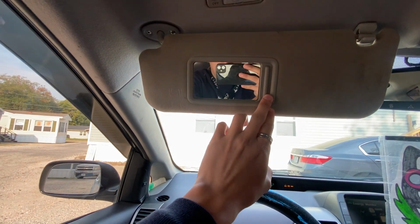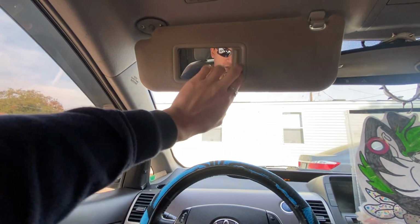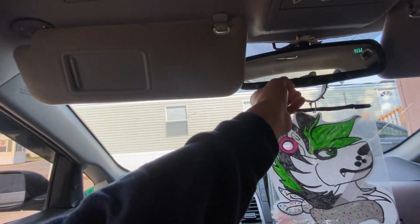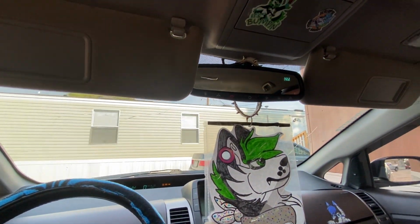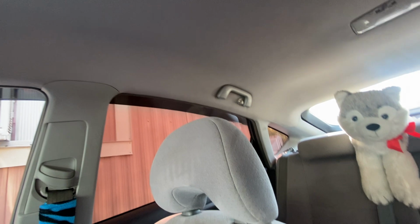You guys can see my little Tesla key lanyard right there. So I might end up deleting probably... The only thing that I am going to delete on this car is the oh shit handles. Or I might just leave the ones in the back so, you know, my furry boyfriend can...